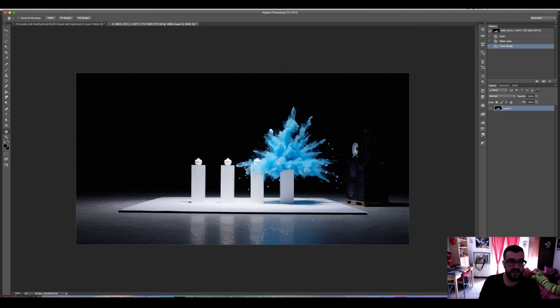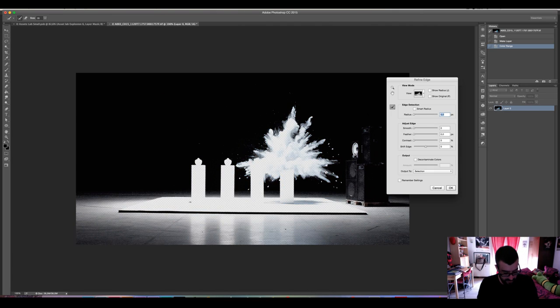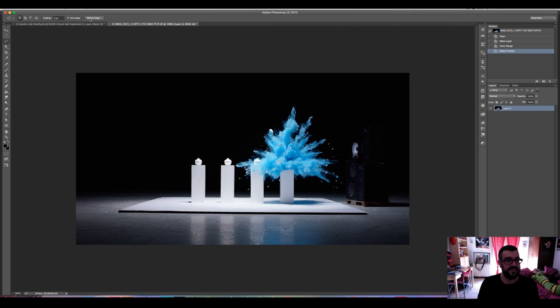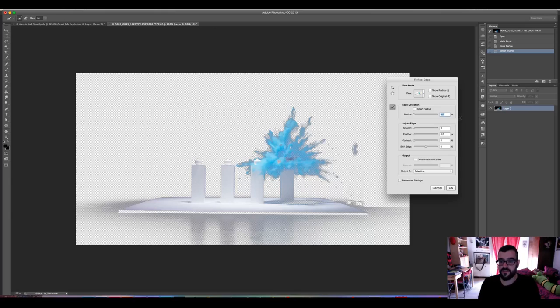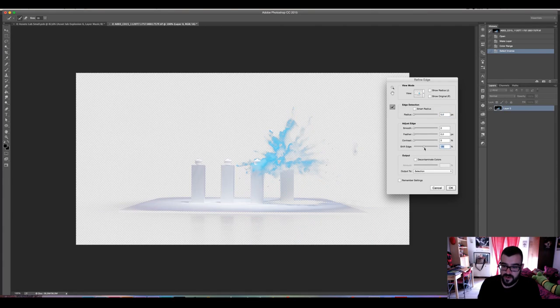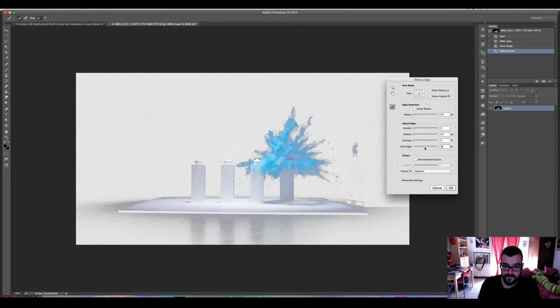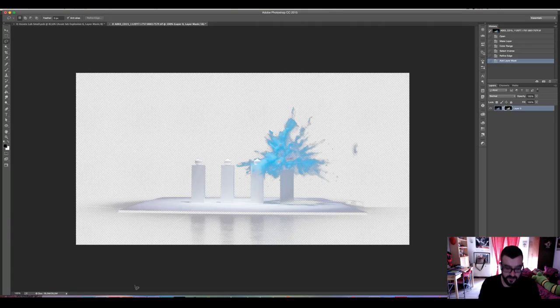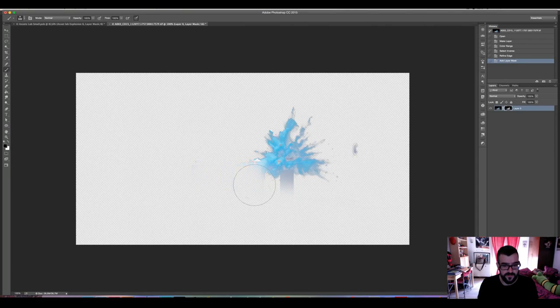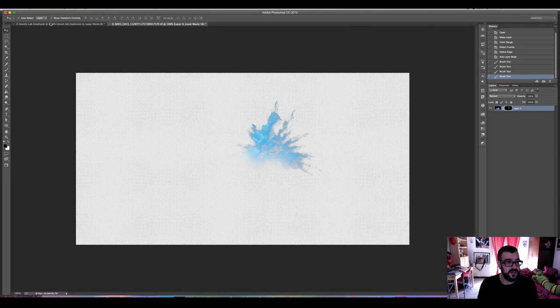So we press OK, and if we select any of the selection tools or go to the select menu, we have this wonderful option which is Refine Edge. I have to invert the selection first. Okay, so here we have plenty of options to enhance our selection. Okay, let's say it like this. Okay, this should work. And we click the mask icon to mask it out. I'm going to use a soft brush to get rid of everything else. Okay, and now I'm going to drag this to the canvas.